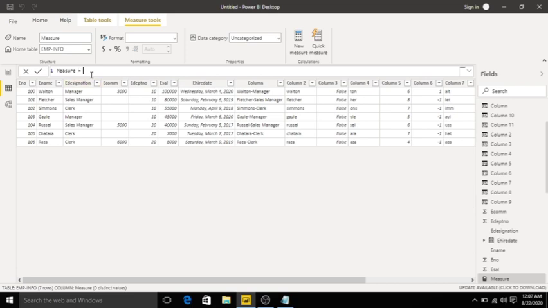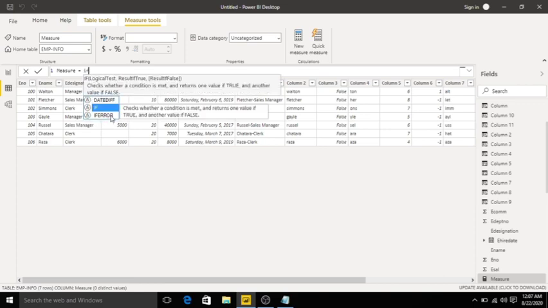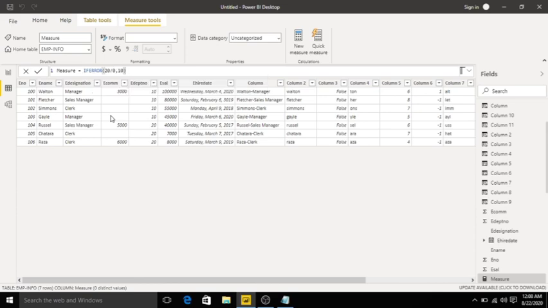If error, like value 20 by 0, comma 10, I will provide it. Click enter.